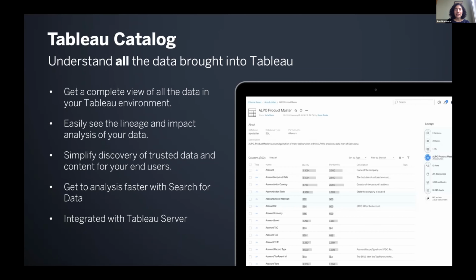They get immediately informed about whether they can trust this data. They get to understand the descriptions of data, and they can even go back to the lineage as well. So yeah, that's what I have to share, and I'm going to stop here so I can take some questions